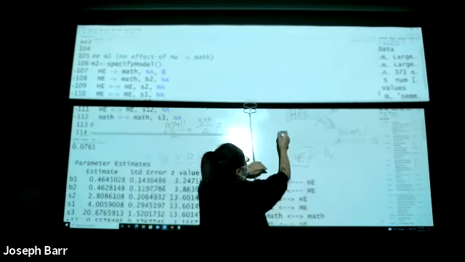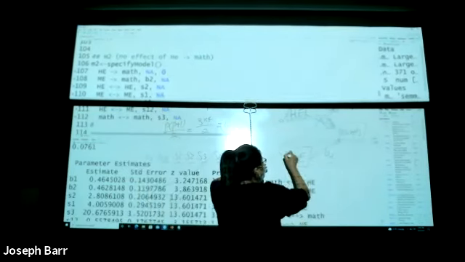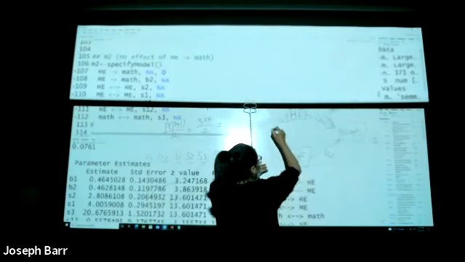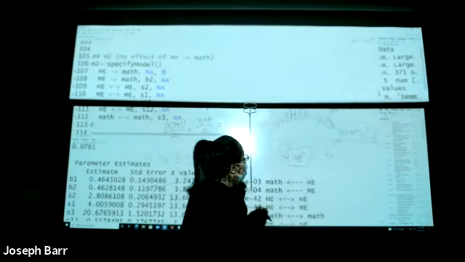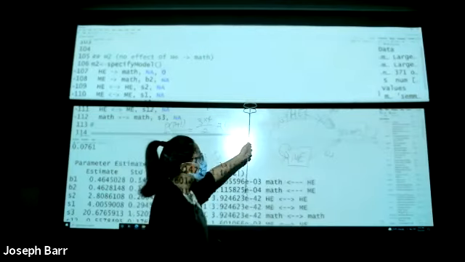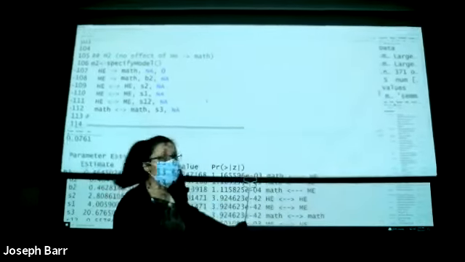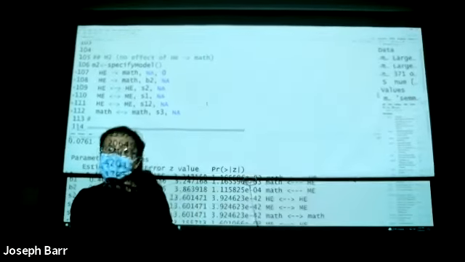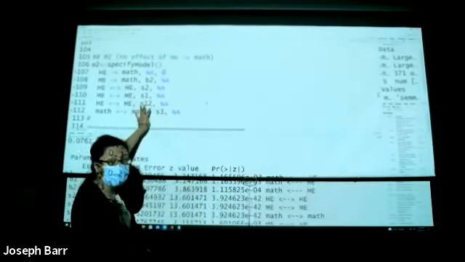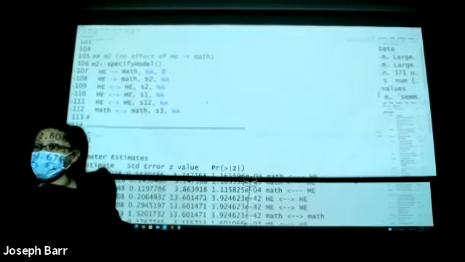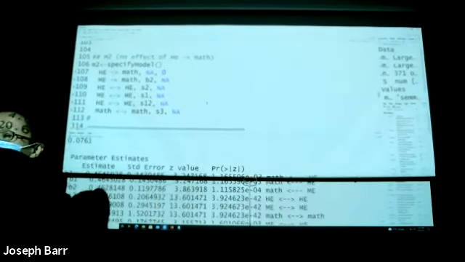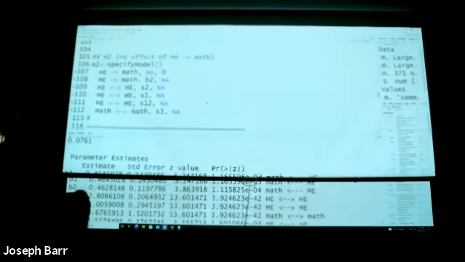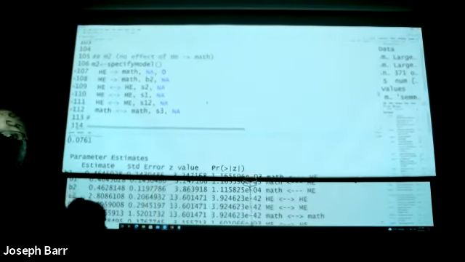B2 is there. And we have the variance part, covariance part. Now, in this case, let me ask you, how many parameters are we going to estimate for this model? 5. Why 5?